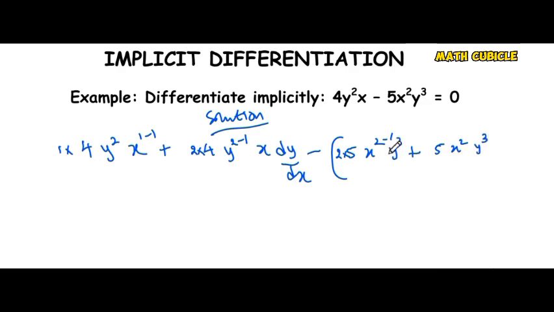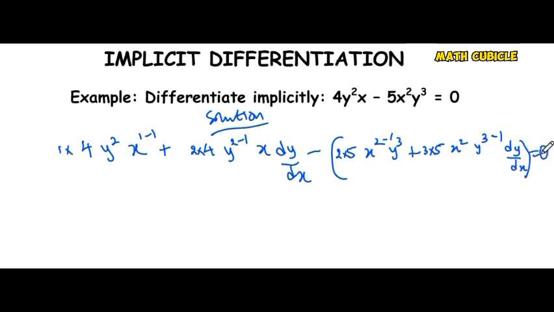Now we are keeping x constant, so we leave this x squared. We are not touching it at all. So this y is raised to power 3, so we multiply this by 3, then raised to power 3 minus 1. Then remember I said anytime you differentiate y, you have to write dy dx,